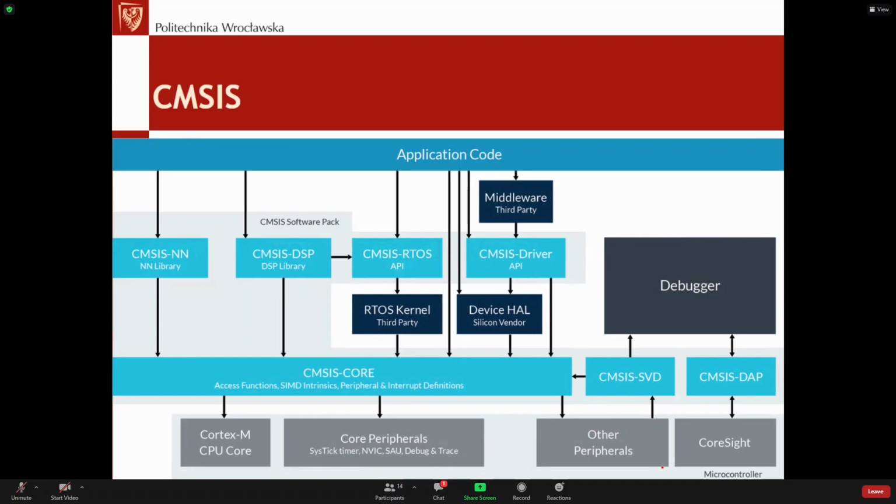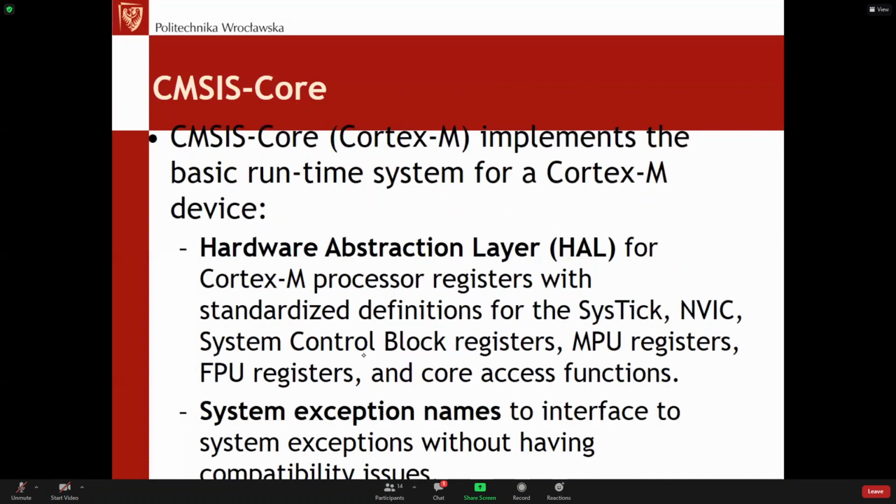Then on top of it, we've got the first layer of the model, which is called the core. This is called a CMSIS core peripheral. The CMSIS core is delivering the abstraction layer. Here it is written, it is delivering the so-called hardware abstraction layer. That's what the CMSIS core is delivering, which means that from this core,